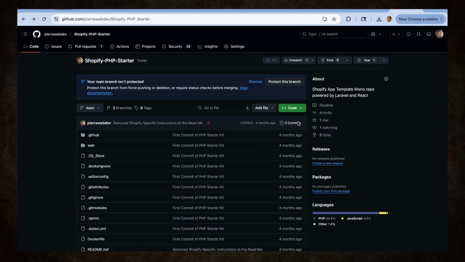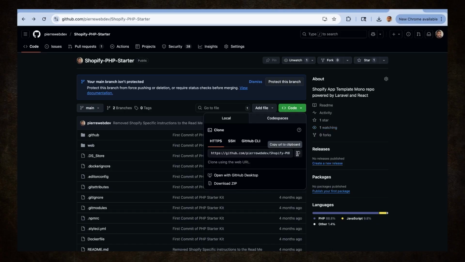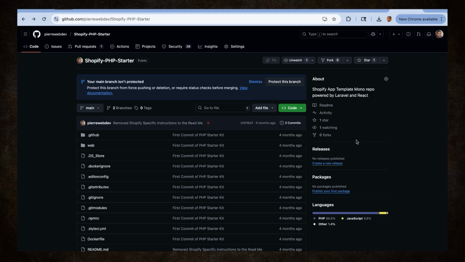So there I was pulling a GitHub repo of a Shopify app template that Shopify created themselves in PHP Laravel, and I thought, it's okay, I'm a developer, right? I can figure this out, or an AI can fill in the gaps. And I did have an idea of what I was doing, but I was working on outdated knowledge of app development. I'm not going to get too in the weeds on this, but essentially, the app template that I was using used an old method of creating Shopify apps that is not in line with what Shopify expects today. And when I was prompting ChatGPT and other AI tools that I use, it was producing code for me based on the old way of doing things.